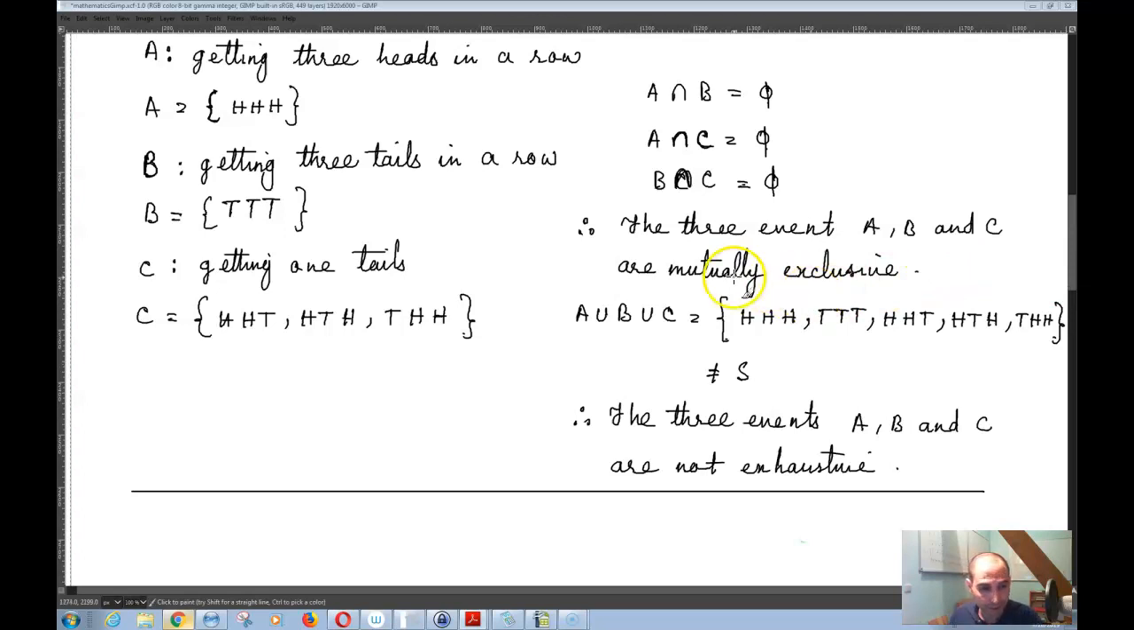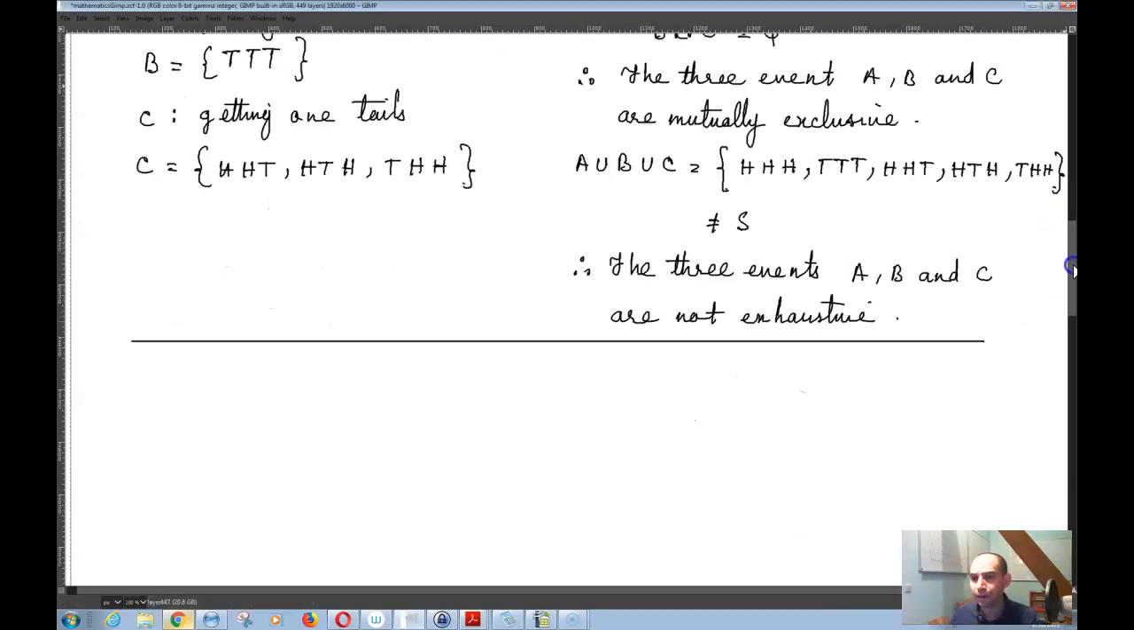Now question number 6 is: two dice are thrown. The events A, B, and C are as follows, and describe the events. Okay, so let's go step by step. So 2 dice are thrown. That means that